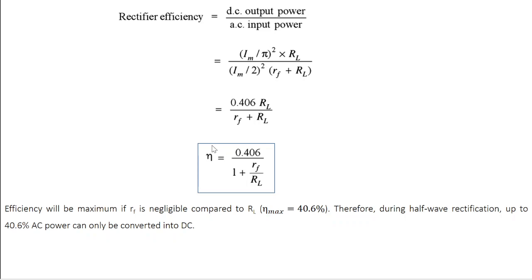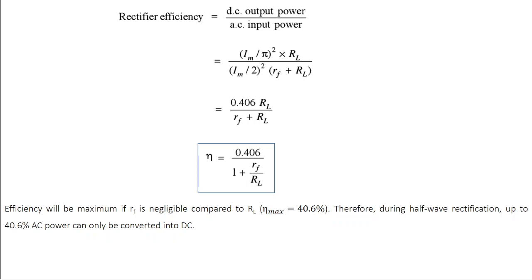For efficiency to be maximum, you need to have the minimum denominator here. That happens when RF is negligible compared to RL. So the denominator is going to be 1. So the maximum efficiency is 0.406, or in terms of percentage, you simply multiply this by 100, you get eta maximum equal to 40.6%. So during a half-wave rectification, a maximum of 40.6% of the AC power is converted into